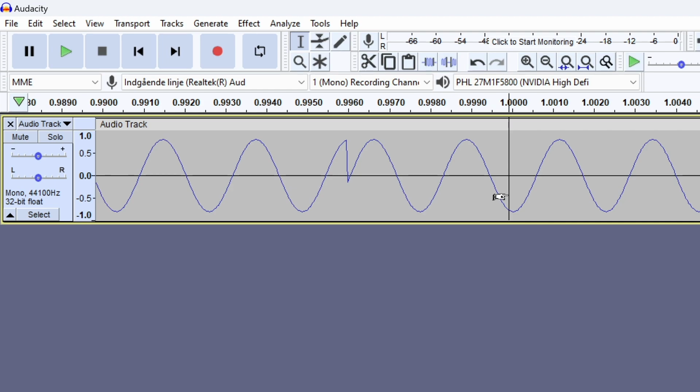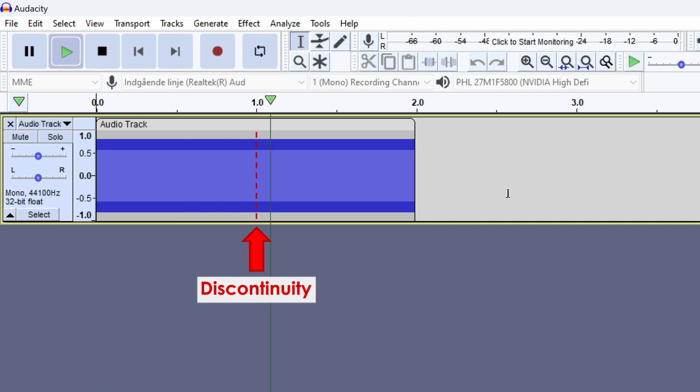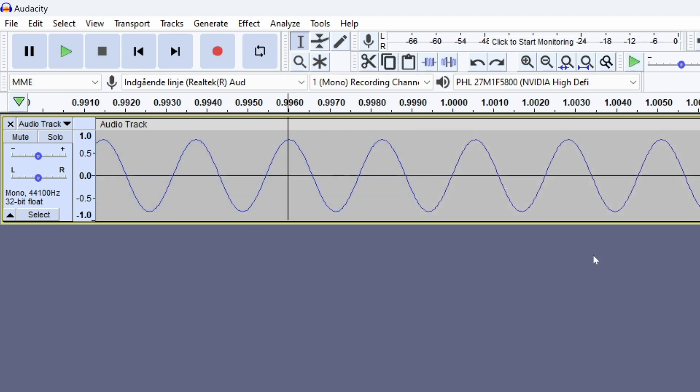But be careful when deleting, because you can generate a discontinuity which will sound like a click. To avoid that, you can use the Z shortcut to find a nearby zero crossing. In this way, you will start selecting from a point very close to zero. So, if you delete audio with both ends of the selection on a zero crossing, you will avoid discontinuities, and you will not hear a click.